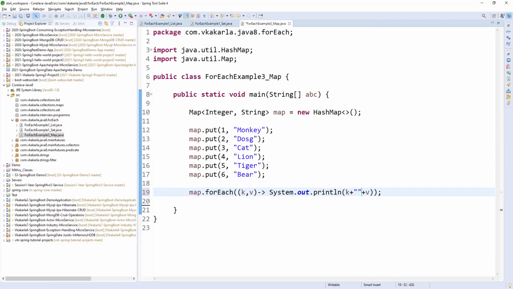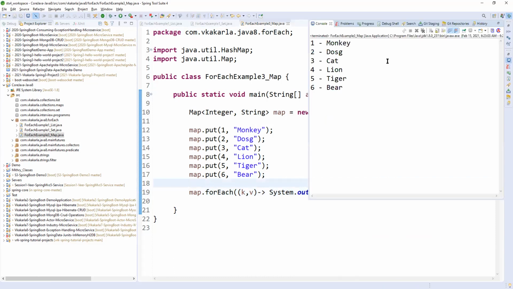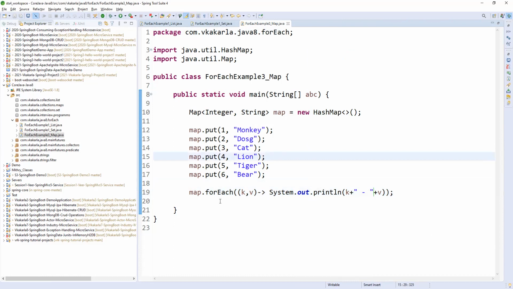So it will take some, yeah, fine, fine. Syntax error. See, now we can print. So we can print this map. So see, one is monkey and two is dog and three is cat and lion, a tiger, something like that. We can traverse the map data. So before, how we are printing the map data, entry is there. By using that we can print the values.